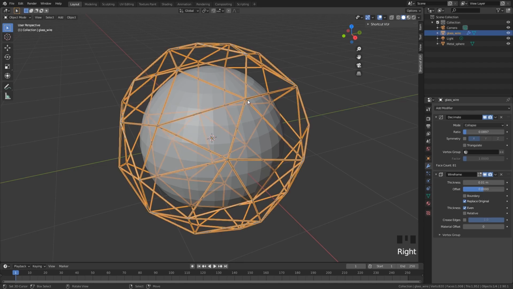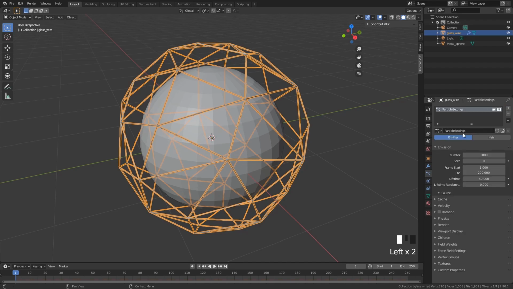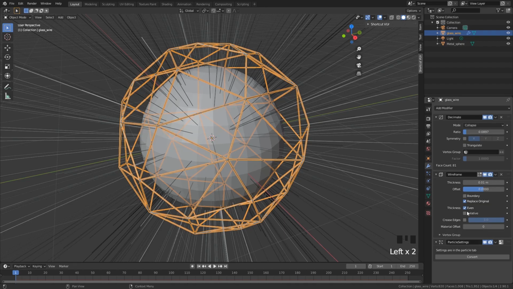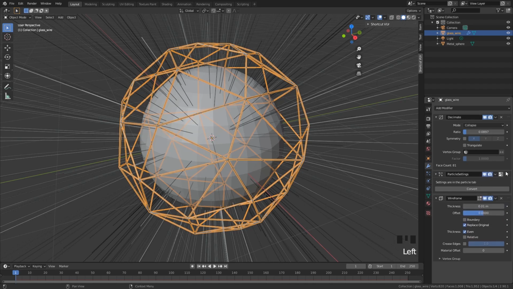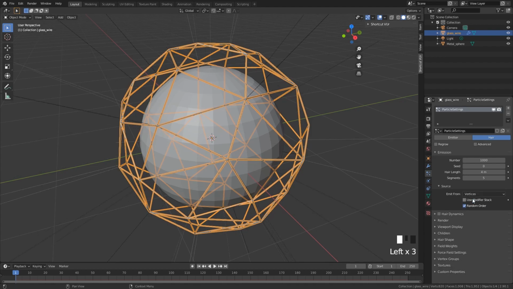How do we do this? Very simple. We're just going to add a particle system and we're going to put it as hair. But the problem is our particle system is now lower than the wireframe and we want it to be above the wireframe. So now what we want to do is go to source, emit from vertices, use the modifier stack